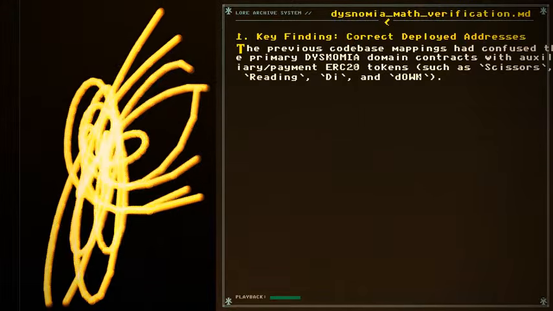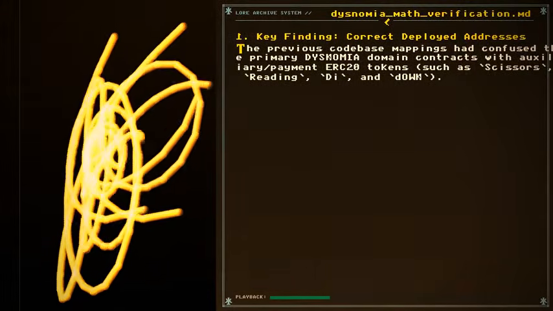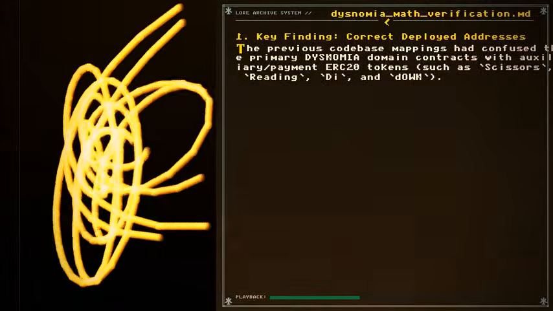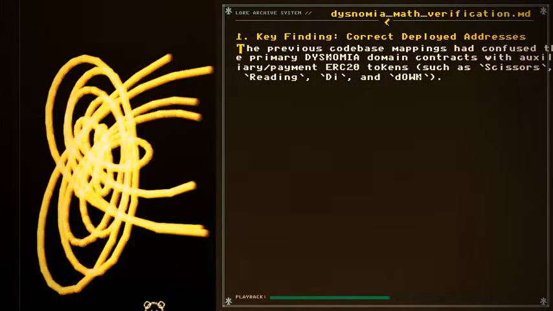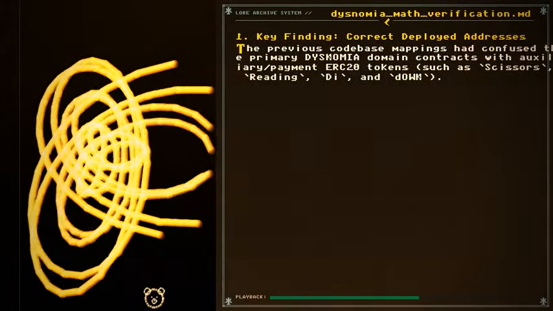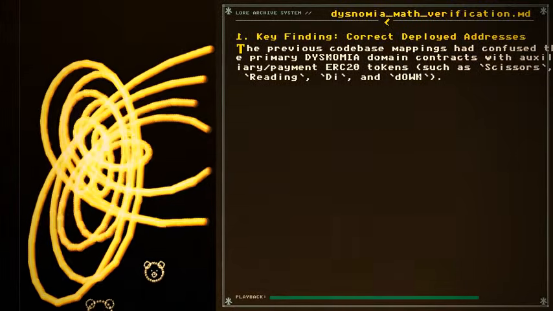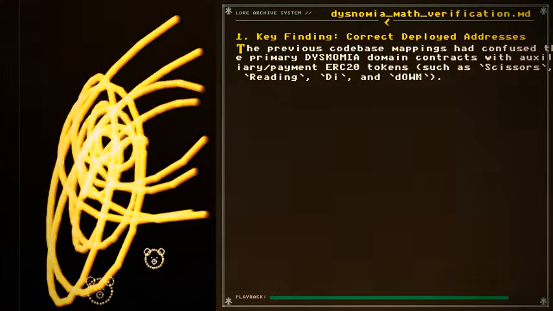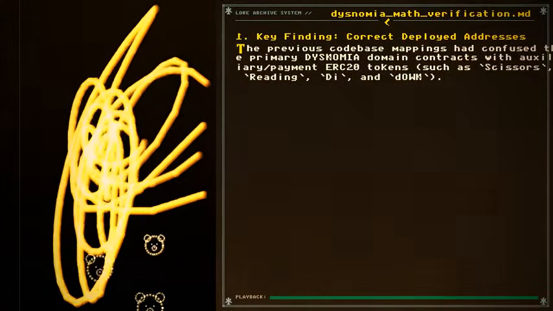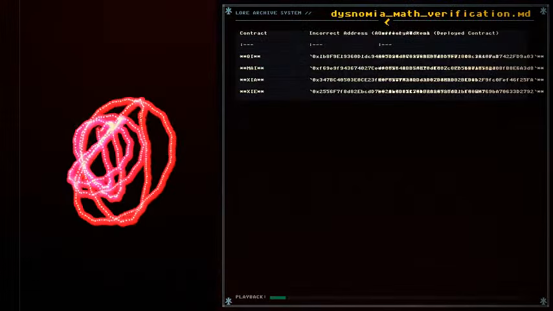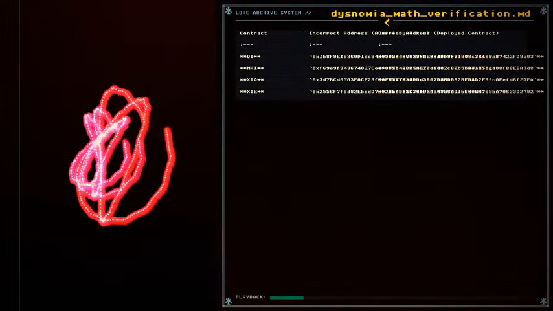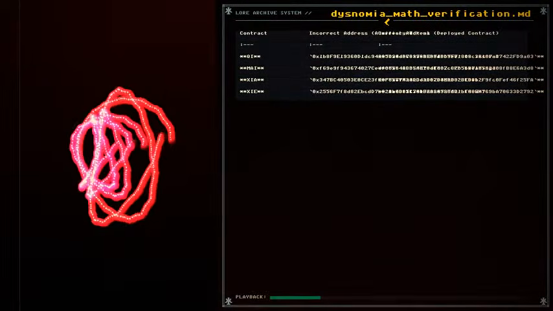Key finding: correct deployed addresses. The previous codebase mappings had confused the primary dysnomia domain contracts with auxiliary payment ERC20 tokens. Contract, incorrect address, auxiliary token. Correct address, deployed contract. The data key